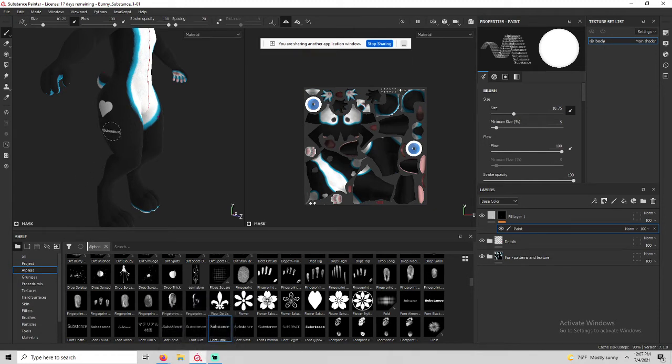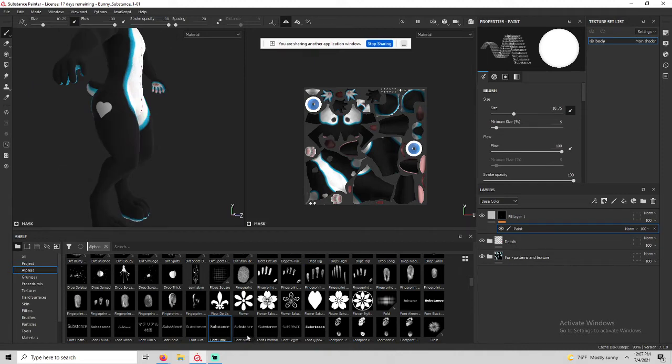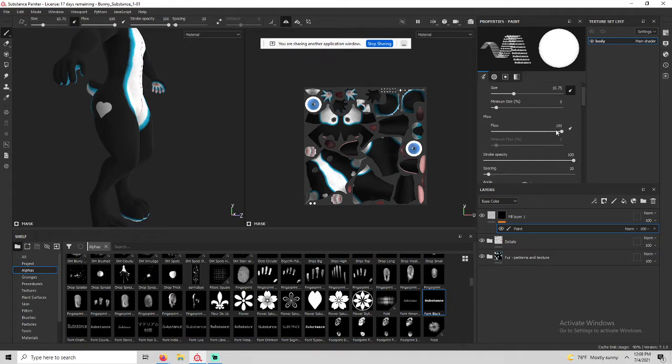Okay, so that's a stamp. Super simple. Now, if we want to use the text generator, also in the alphas, they don't have very many fonts, but if you want to draw or write something, you can use this. Now, how you want to edit that so it doesn't just stamp substance on your thigh is you want to go up to this window here,